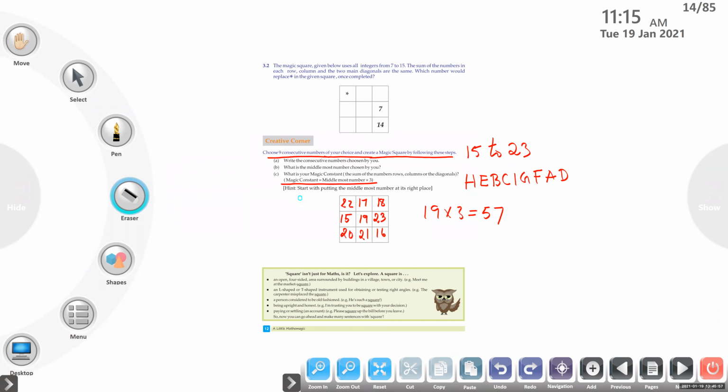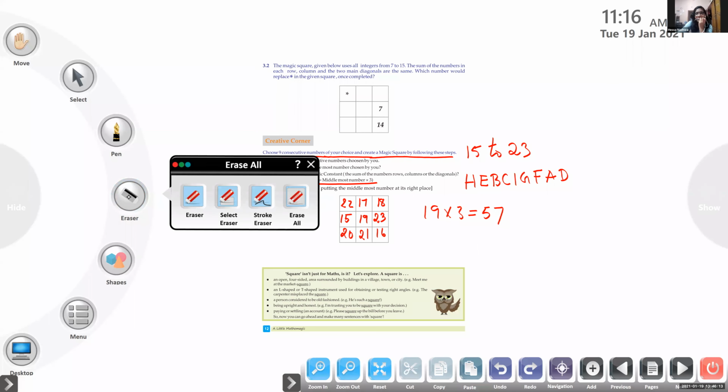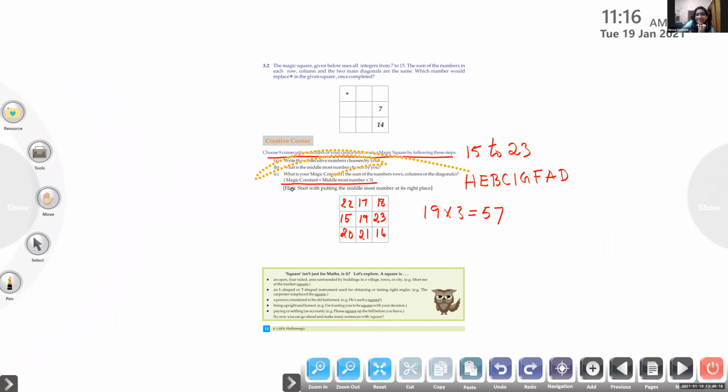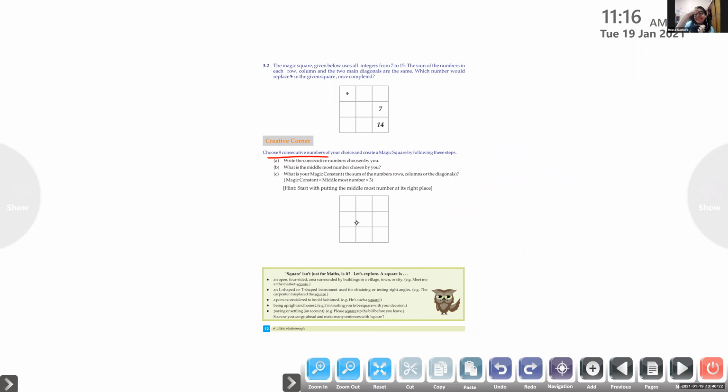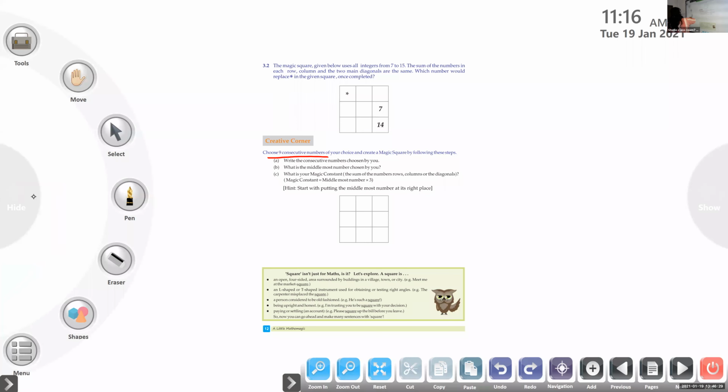Ma'am, this is the way how we play Sudoku and all. Can you be a little louder? I can't hear you. Ma'am, is this the way to play Sudoku? Can you put it in the chat box? Anand is asking, is it the way to play Sudoku? Anyone put in chat box? Can't see that also.